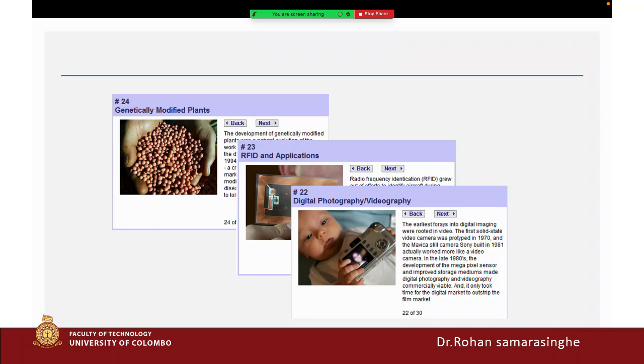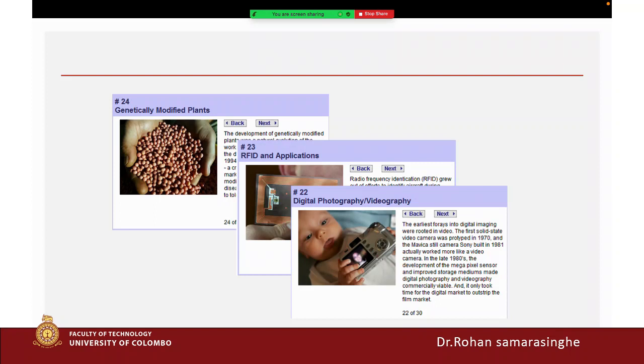Earlier, digital cameras could do this, but nowadays, even in mobile phones, you can get photographs and easily upload them to YouTube or Facebook. And also, if you want to get a video, you can easily get the video from your mobile phone and upload it to Facebook and share with others. So you can understand how technology developed,